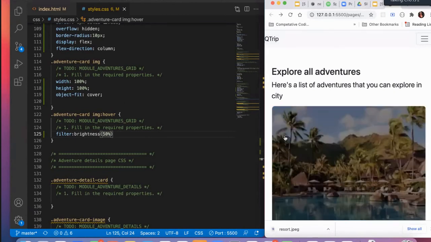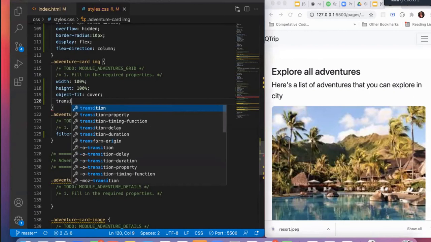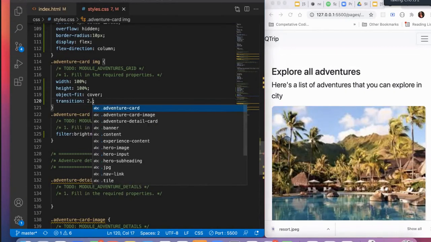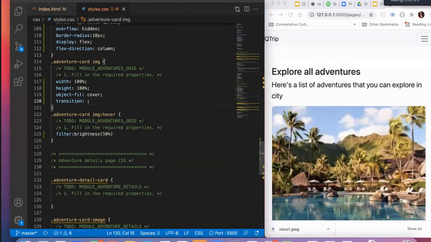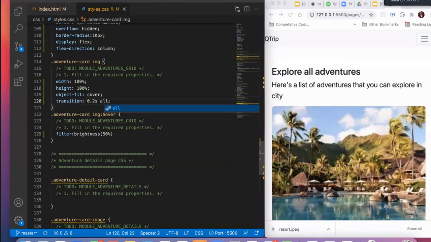Also, when we hover it, it's doing it quickly, right? And we want something to be smooth. So what can we add? We can add a transition. Now, what will the transition do? Any property change we make while hovering, the transition property that we add will slow it down. So we want it to take a little bit more time. Let's add 0.2, okay, not 2 seconds, 0.2 seconds, right? And I want it on all the properties. Since we have used all properties,